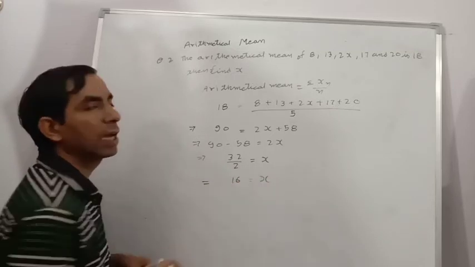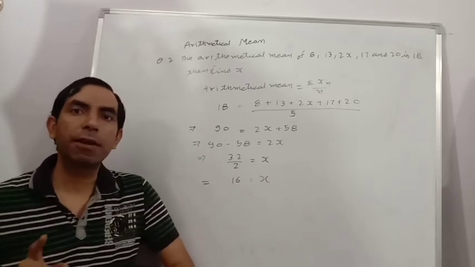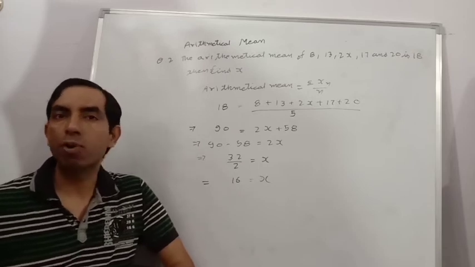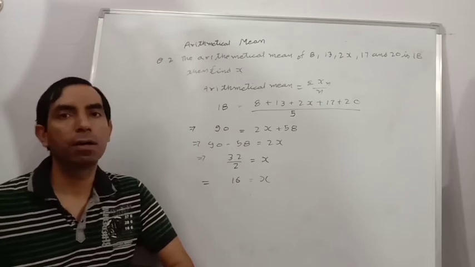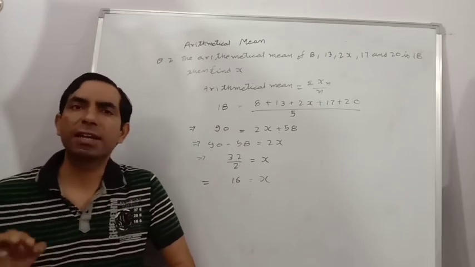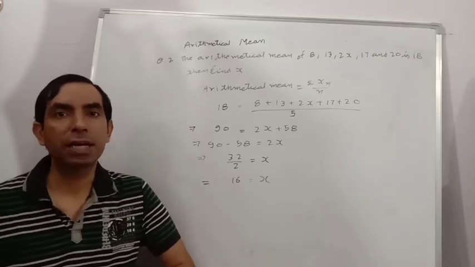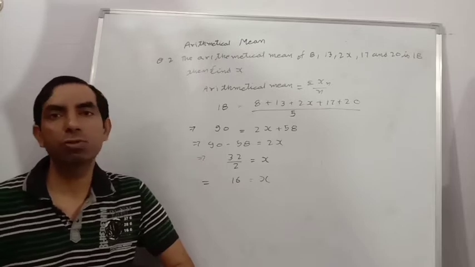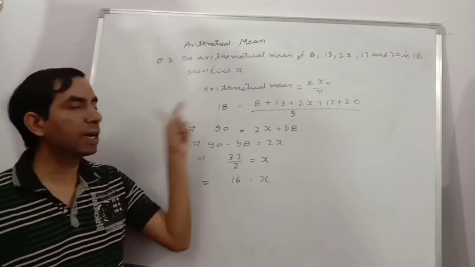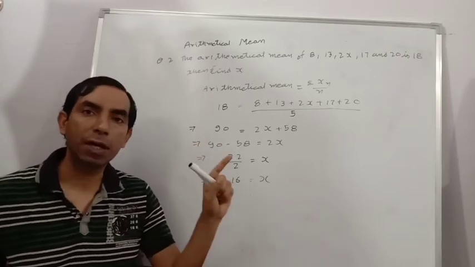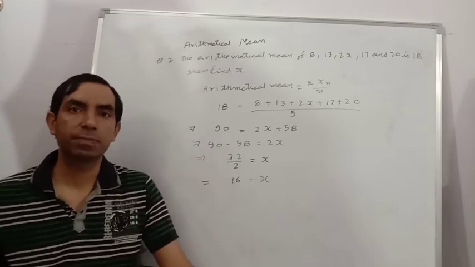By this method, we can calculate any alphabet in arithmetical mean. Always remember that if arithmetical mean, median and mode are given, then use those formulas first. Because if anything is given, then first we have to use that thing's formula. Just like if we are given the volume of a cuboid, then we use the volume of cuboid formula. So in mathematical basic rules, if anything is given and it has a formula, then use it. So let's take another question.